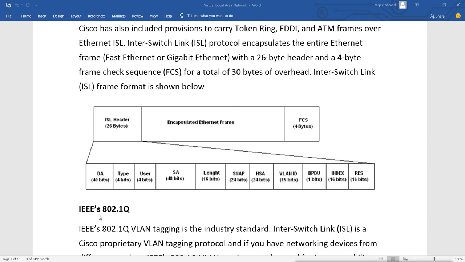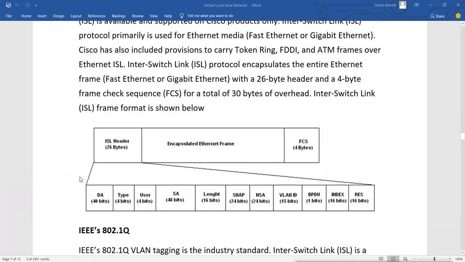Why? Because ISL actually creates unnecessary space. All these values like DA, user, type, SA, length are empty. They are just junk values included in there. These fields are unnecessarily added, and they increase the size of the data, the size of the frame, the size of the packet, by at least 30 bytes. And within those 30 bytes, what is the important information?